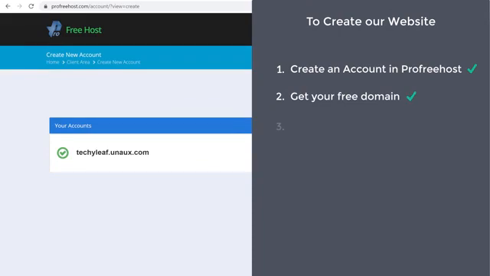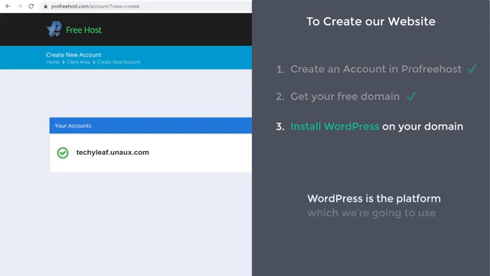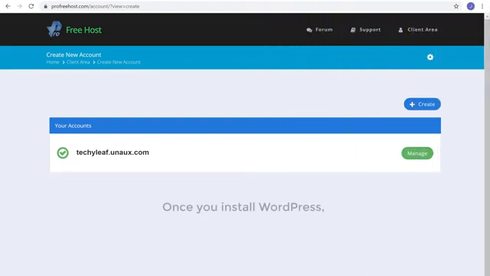Once you've got your domain, we can go to step 3, which is to install WordPress on your domain. WordPress is the platform which we are going to use to create our website. And it lets you build your website easily without any coding or programming. So once you install WordPress, your website will be live on the internet. So to install WordPress, just click Manage